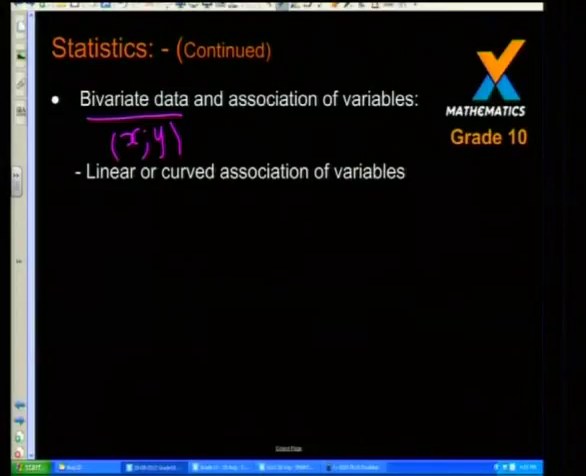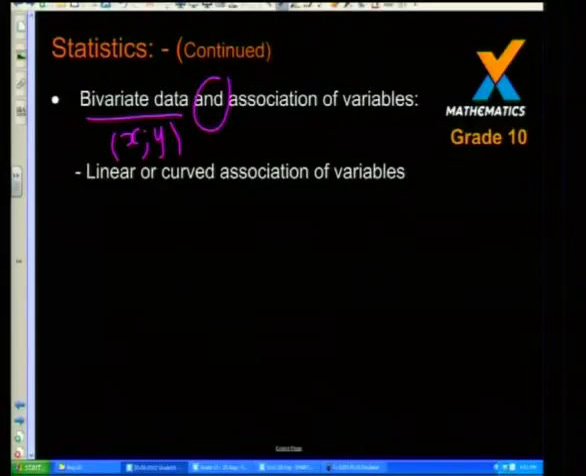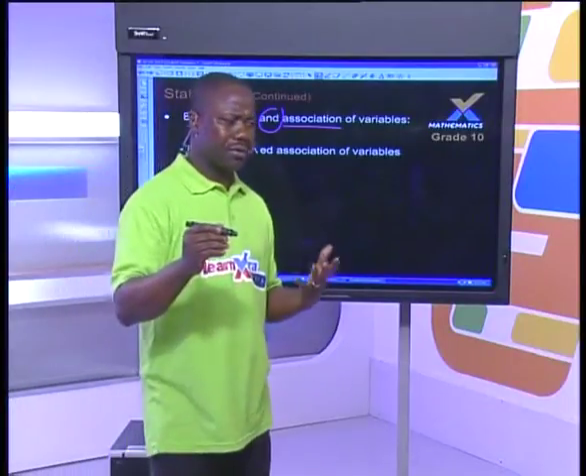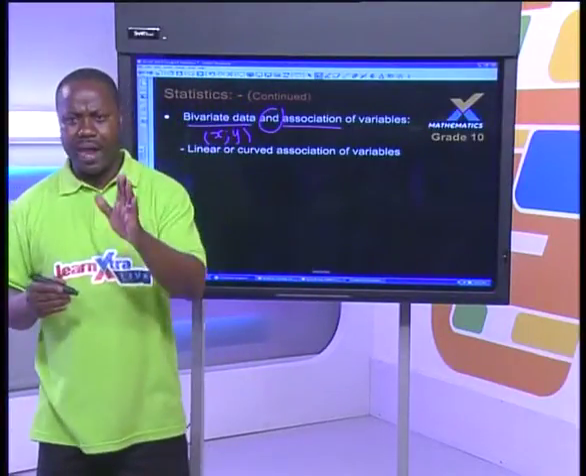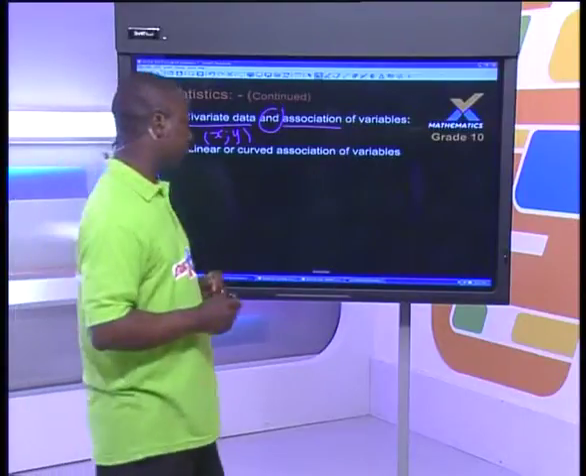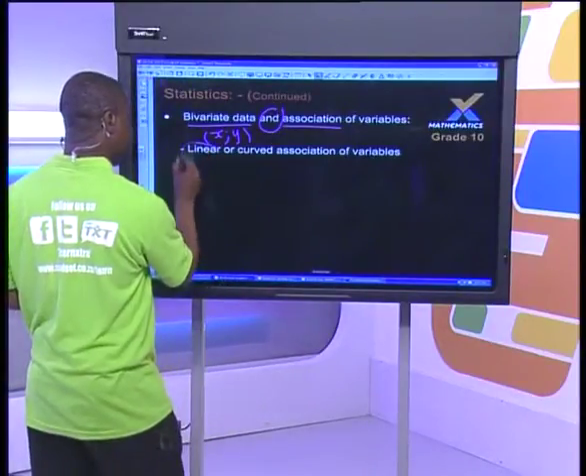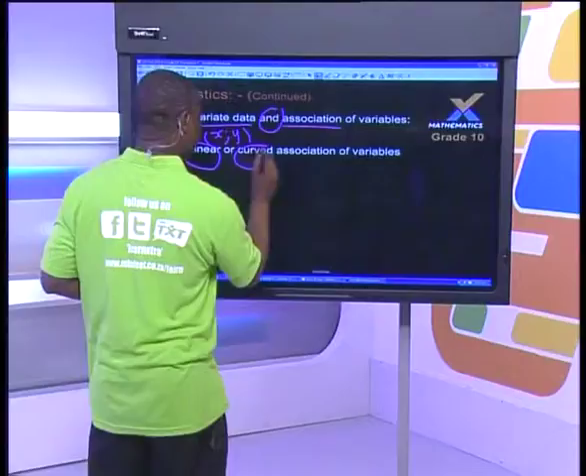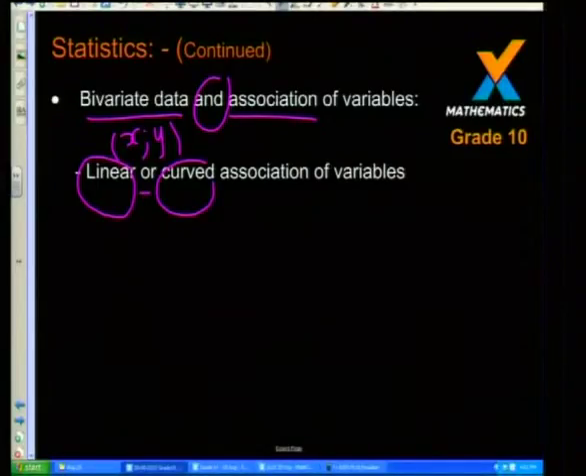So when you have that kind of data, you want to see how the X associates with the Y. Is it going to be a linear association or some kind of curved association? So that's what I'm highlighting there. Either linear association or a curved association. What do I mean by that? Quickly with a graph,